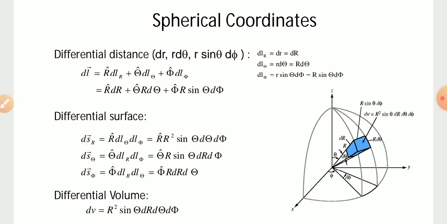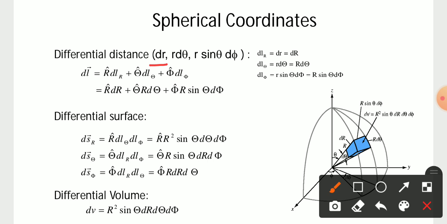For the spherical coordinate system, if you are interested in identifying the differential distance, you have to know what kind of shift you record for each small change of distance. If we consider r, the small distance is defined by d r. If you think about a small angular displacement, that is d theta, how much length will be covered there? Comparing with previous knowledge, the circumference of a circle is defined by 2 pi r, and 2 pi r is covered by an angular shift of 2 pi.